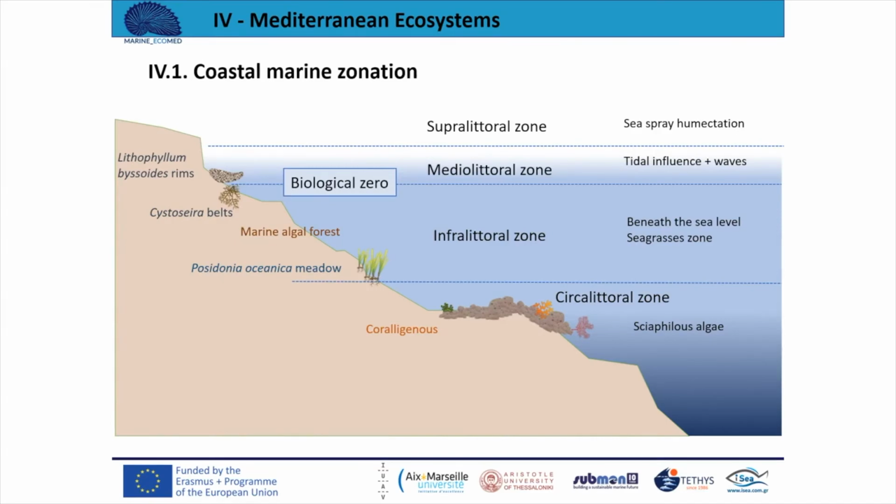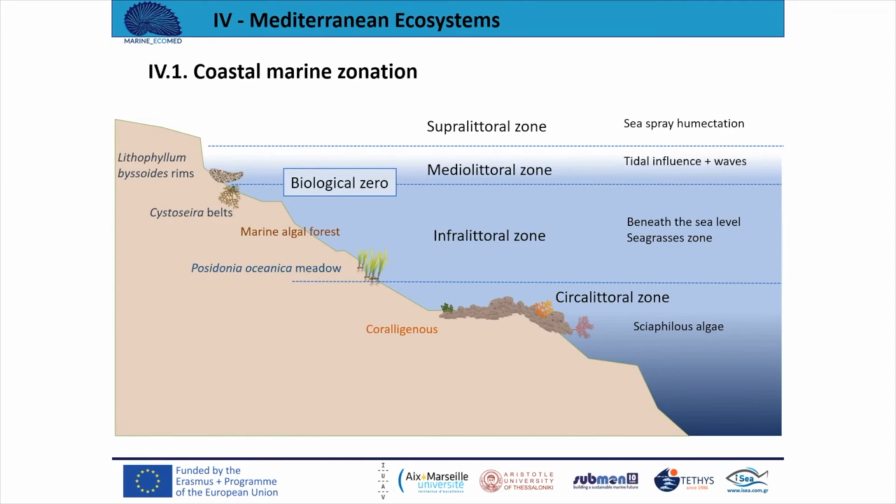Marine zonation is essentially based on the distribution of plant species, hence the availability of light in the marine environment. The supralittoral zone corresponds to the area just concerned by the humectation by seawater spray. The mediolittoral zone is the tidal and waves influenced area. Just below, you have the infralittoral zone, always under the surface and limited in depth by the presence of the